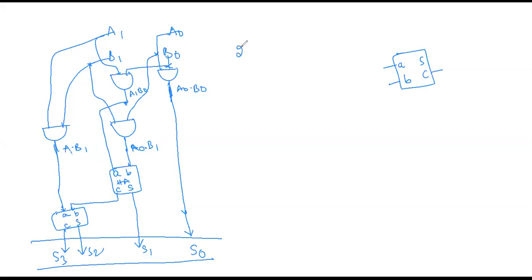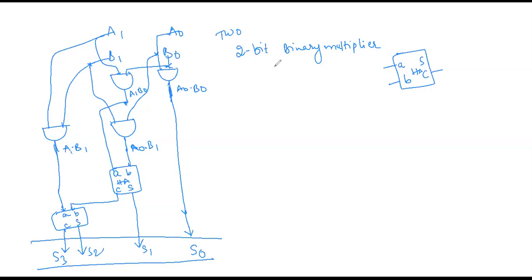This is the 2-bit multiplication, 2-bit binary multiplier. For the product, we use AND gate. For the sum, we are using half adder. It is similar to our normal addition only. For adding, we are using half adder, and for the product, we are using AND gate. That's all. And if you have any doubt, you can ask me.